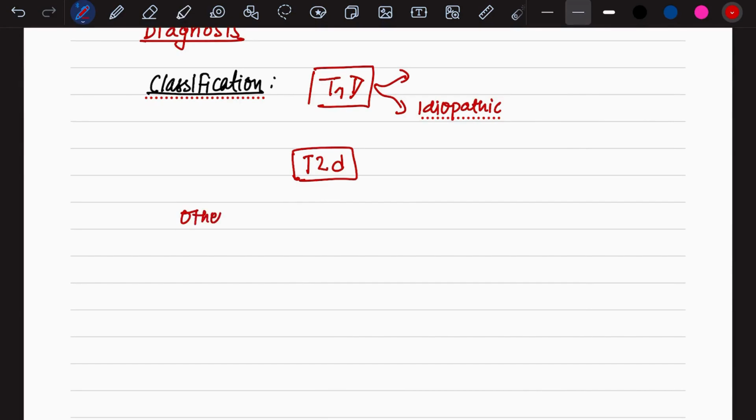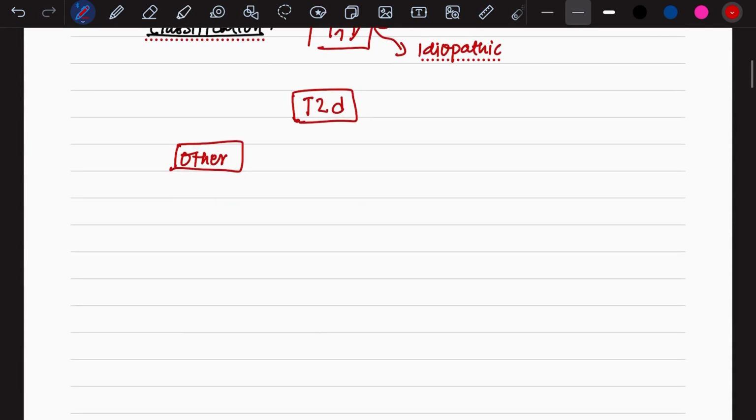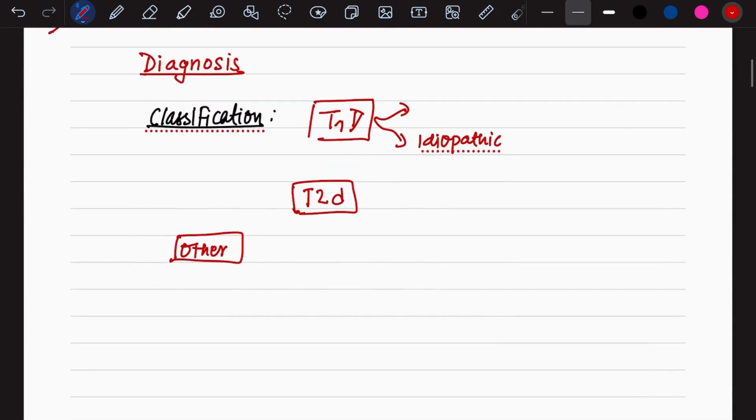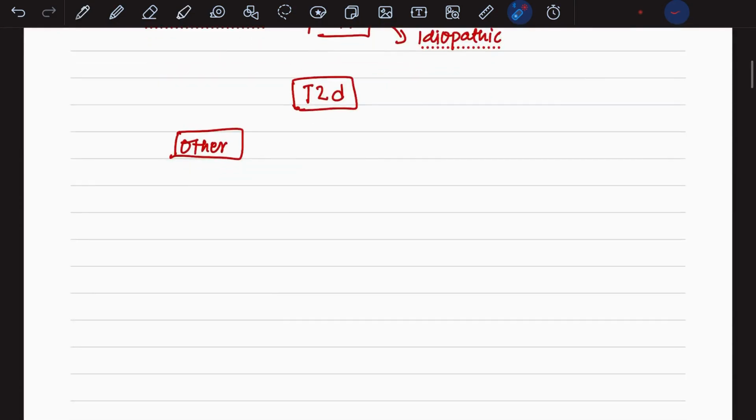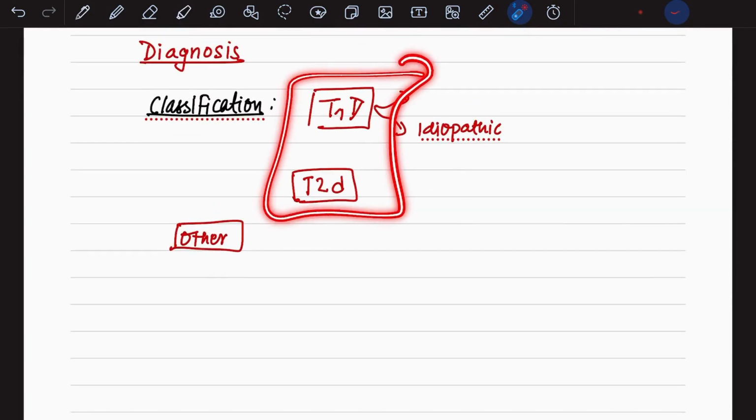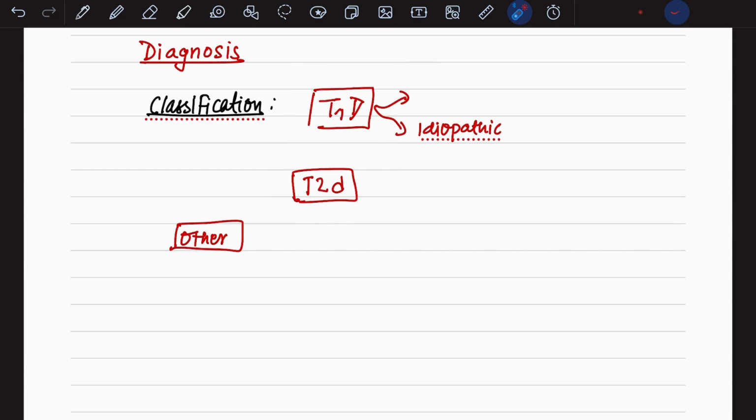Other kinds are also there which can cause diabetes, like the monogenic form of diabetes. The two types of diabetes that we talked about are very common, with 90% of people in this category and the remaining 10% in the others. There are certain other kinds as well, like the polygenic forms of diabetes, meaning various genetic factors have to go wrong, of course with the support of environmental factors. But in the monogenic form of diabetes,